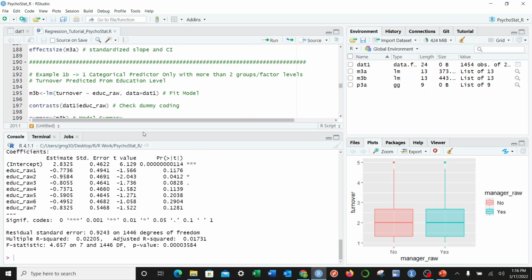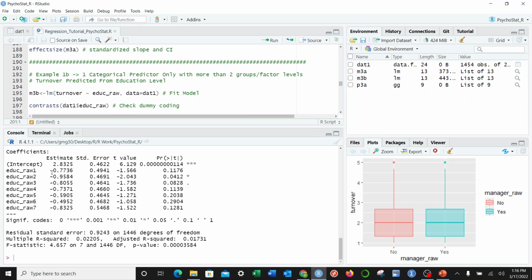I'll make this a little bigger. And so what we can see here is that now we have a slope for each of the 7 years of college education, and then our intercept, which is our baseline. This is actually the estimated turnover intention level for the folks that have not been to college, which is our baseline group. And then the rest of these are the slopes for each of the individual levels of college education, number of years in this instance. And these are all slopes that are